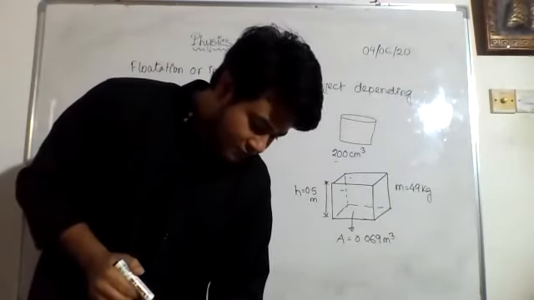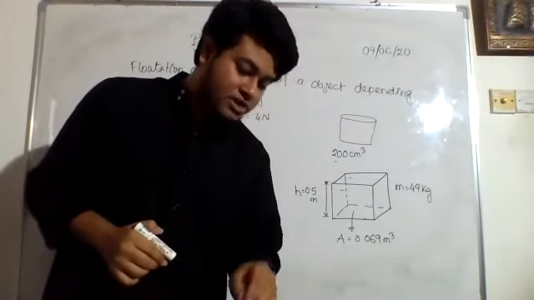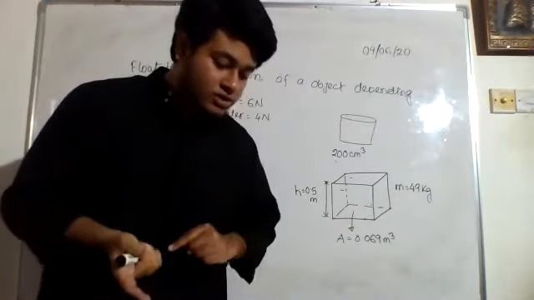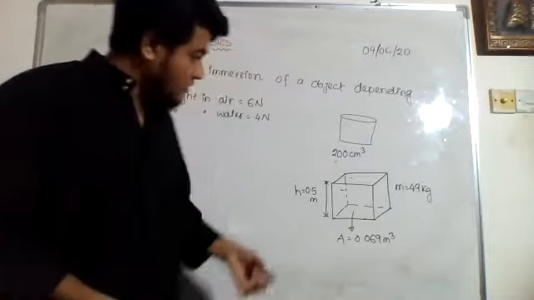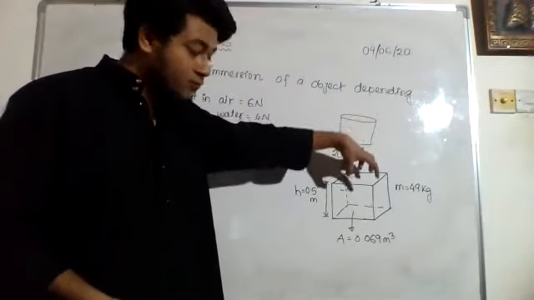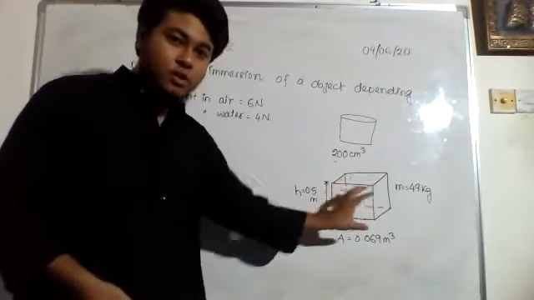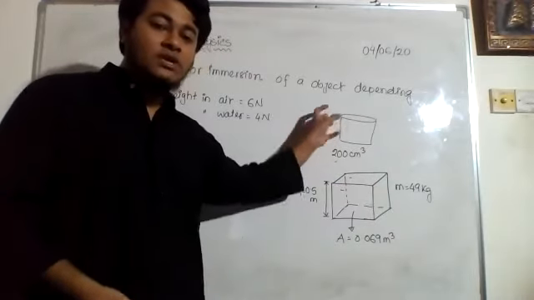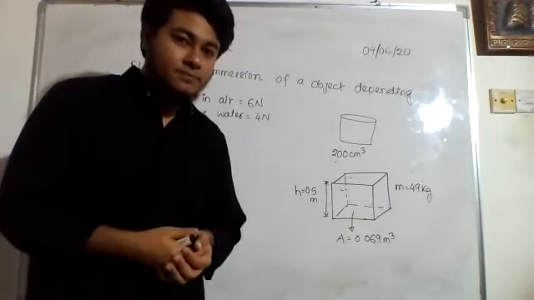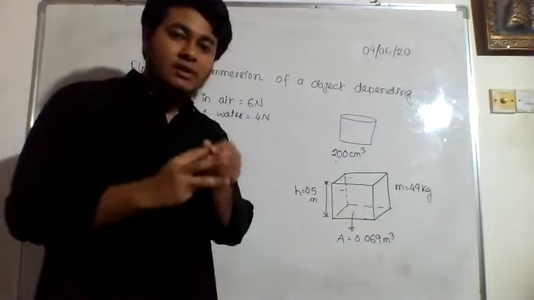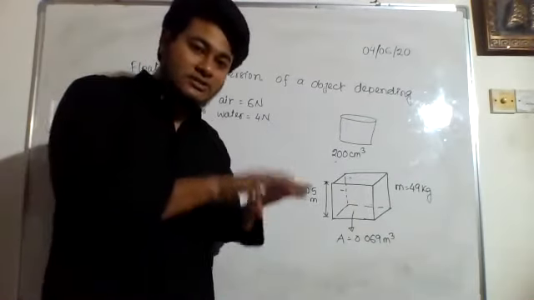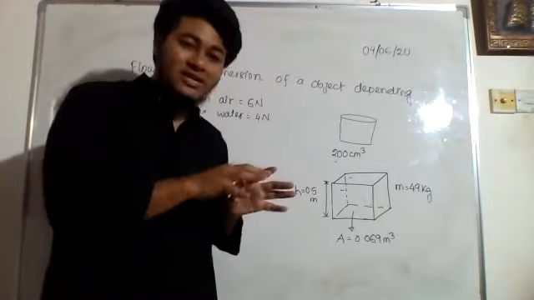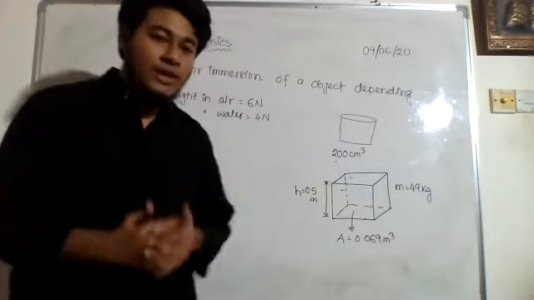Now they have told us to find whether the body of picture 1 will sink or float in the liquid that is shown in picture 2. So this is an object. If we keep it in this liquid, this pot is full of the liquid, right? So if I keep it here, what will happen? Three things might happen. Either it will float, or it will sink, or it will stay in the place where we keep it, right? So we have to check what will happen.